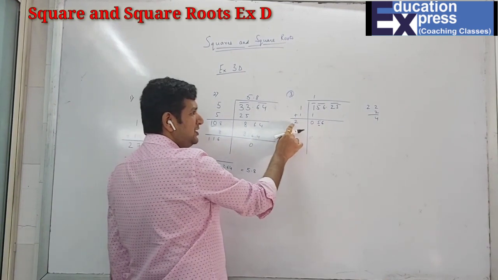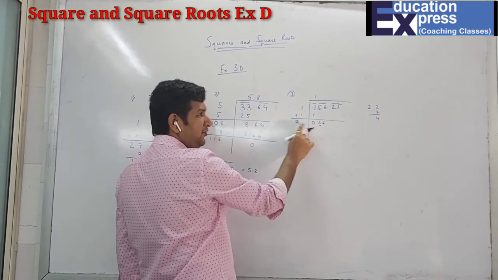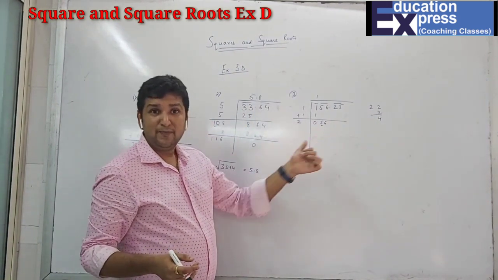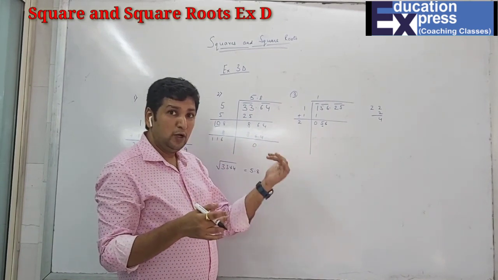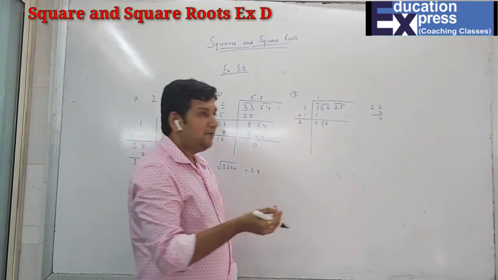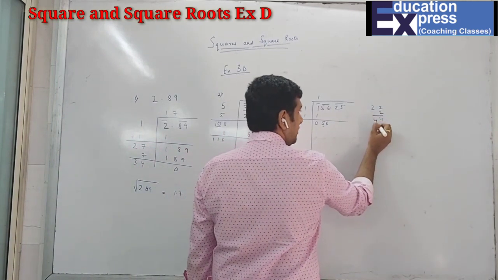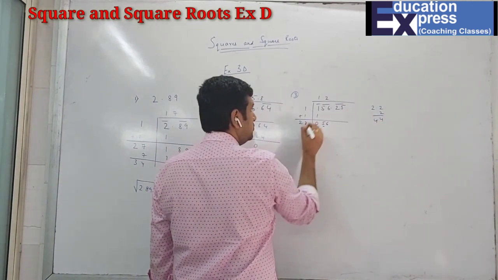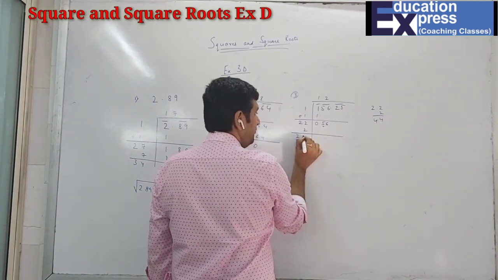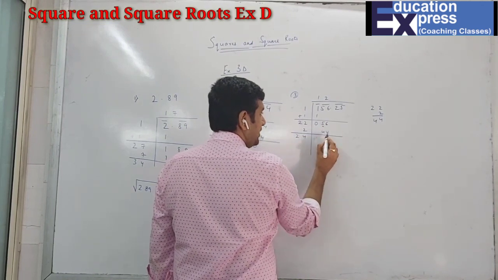So now I'll just see that the first number is 2. Your first number is 5. What number will be multiplied by 2, which is less than 5? That's 2 2s are 4. So 2 2s are 4, 44. So 2 2 2, that's 24 and this is 44. Then this 6 and 12.